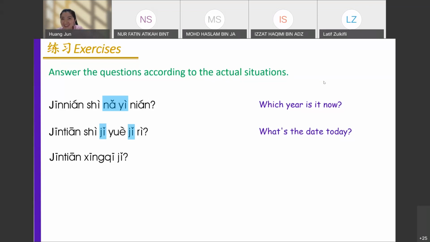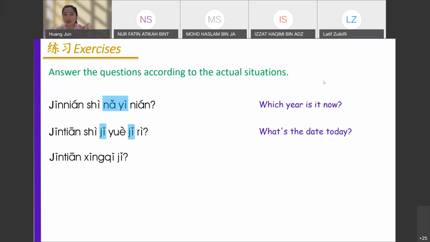11月8日, 8 means 8. Today is 18, right? So the correct answer: when we're talking about months, no matter whether it's less than 10 or more than 10, we always use 几 to ask the question. So 11, November, here is 11月. Also 11, written together, no space in the middle.